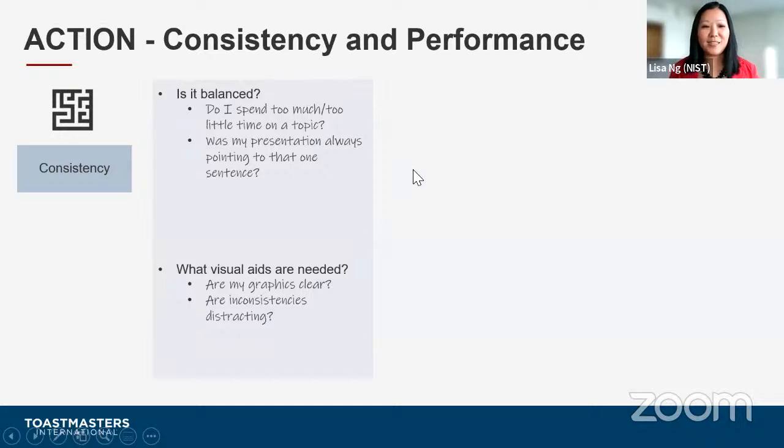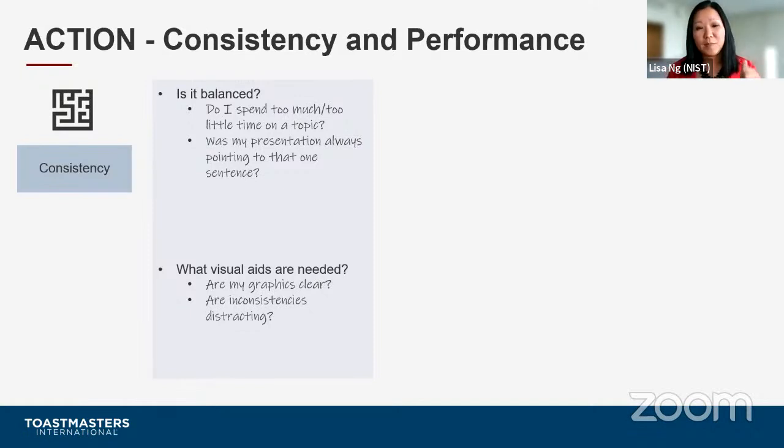So remember, consistency is that 3rd P, which should be a P, but it's a C because that way we really focus on it. And we want to focus on consistency because we want to make sure that our speech is balanced. So earlier in the planning stages, if you're given 60 minutes block time, how do you spend your time? Do you want to spend your time on all the topics equally, or more importance on one topic versus another? But you want to make sure it's balanced so that people don't walk away with, oh, wow, they spent so much time telling me what they did, but I really didn't understand why they did it, or vice versa.